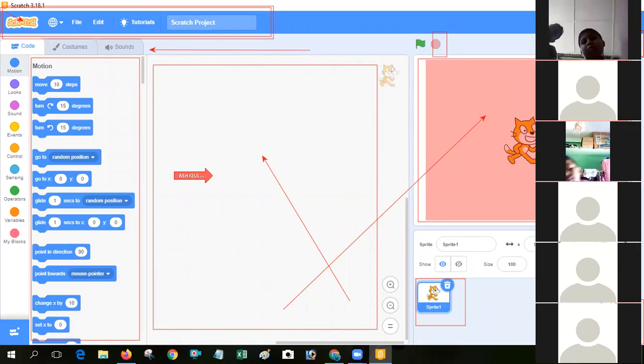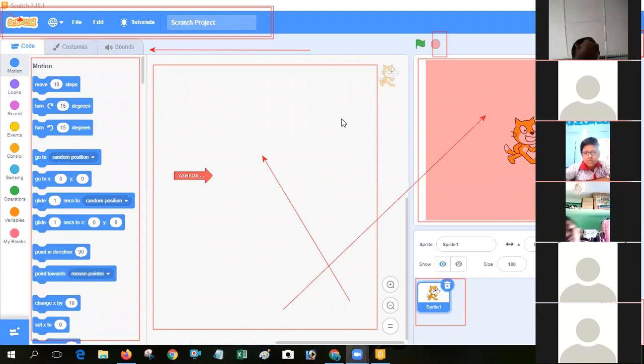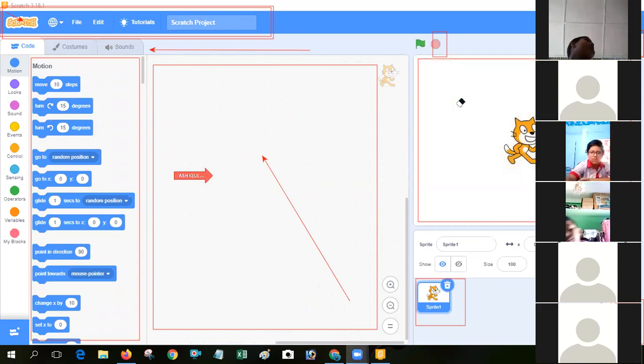Okay, so next you see the new sprite button. So its object in Scratch is called a sprite. Yes, we already discussed sprite. Its object, that means the shape in the Scratch program, is called sprite. So now you see how can we add a new sprite in our Scratch program?